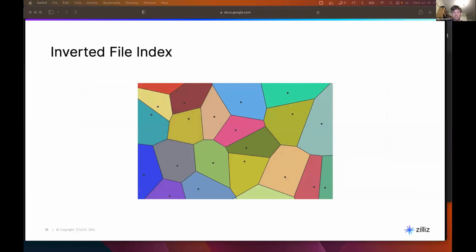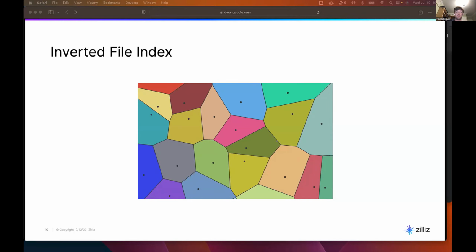The next style is probably one of the oldest ones, which is inverted file indexes. And these come in the package Faiss. I don't know how many people have heard of that, but that's Facebook's approximate nearest neighbor library. Inverted file indexes for vector databases are pretty much just k-means clustering. Here we have a picture of a Voronoi diagram, which represents these clusters in a 2D space. On searches, you find your nearest cluster centroids, and you search those clusters